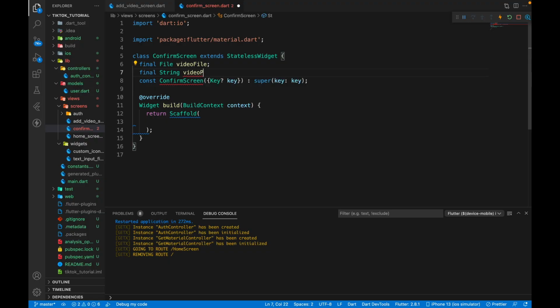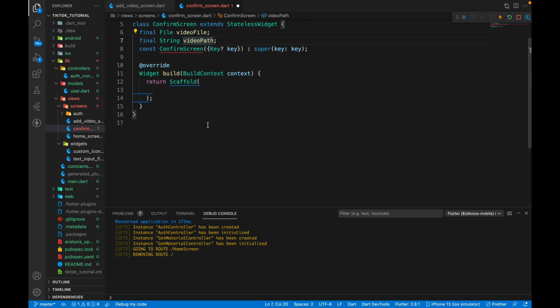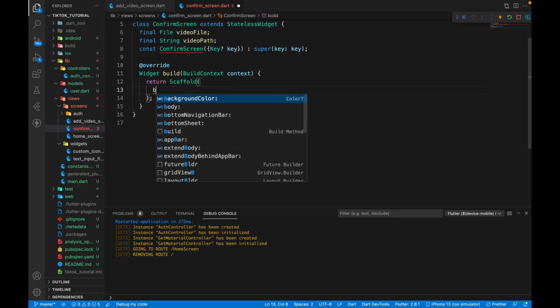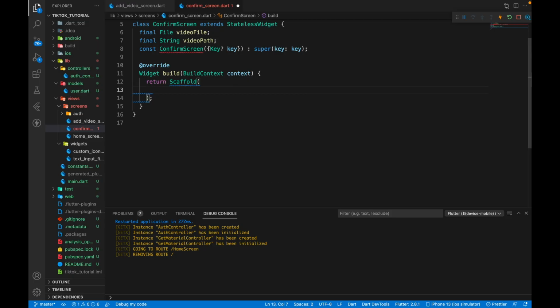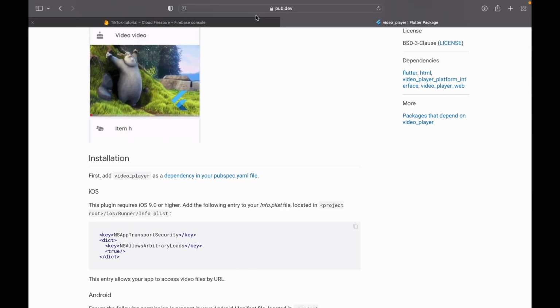And after that, we also need the video path. So we can do string video path, so that we can basically just run the file, so that we can save it to our database with the video path. Alright. Now what we need to return, but before returning, what we need to do is set up our video